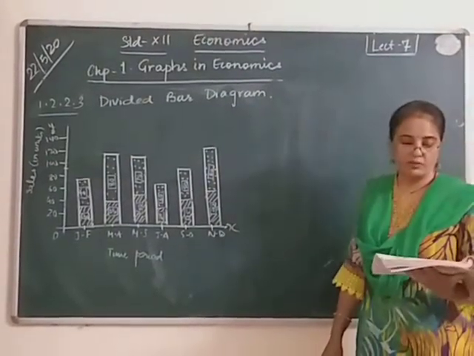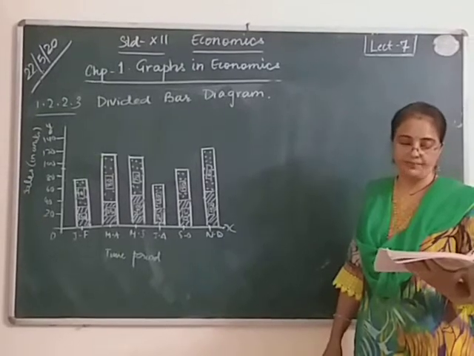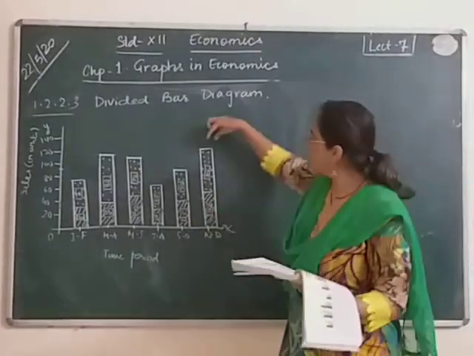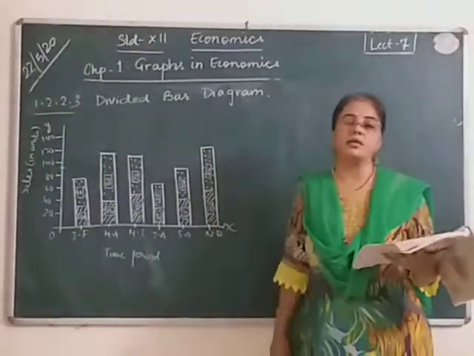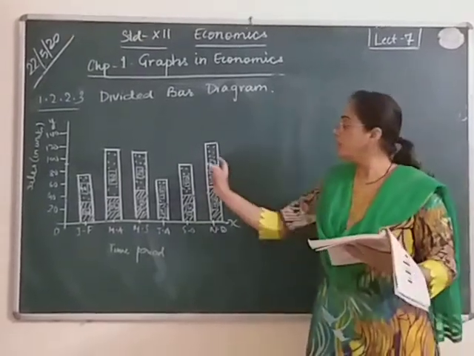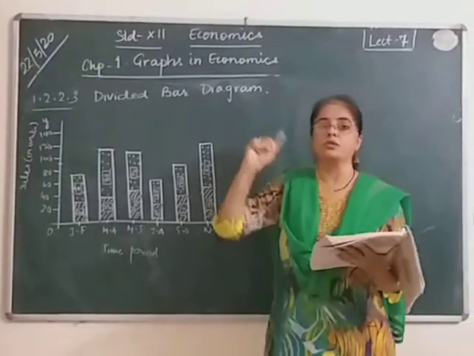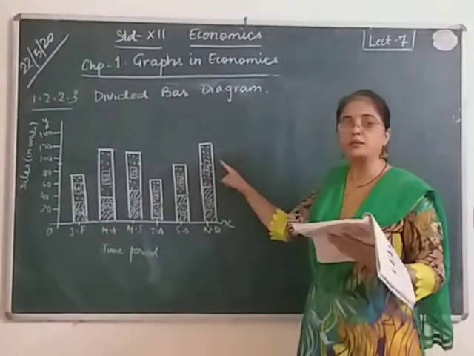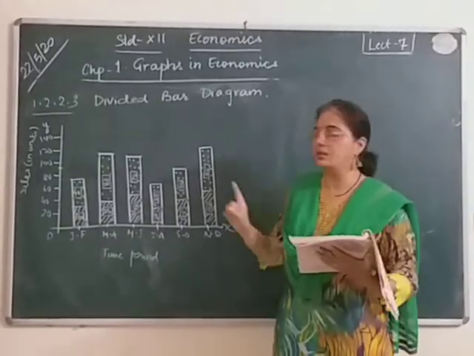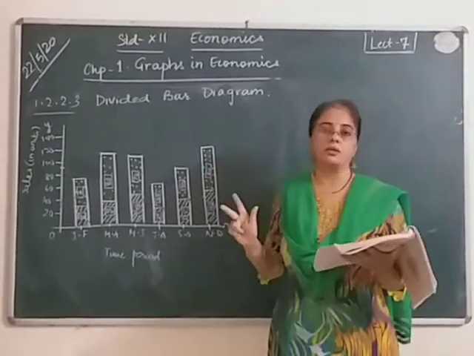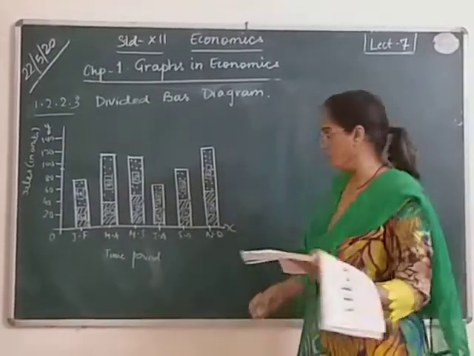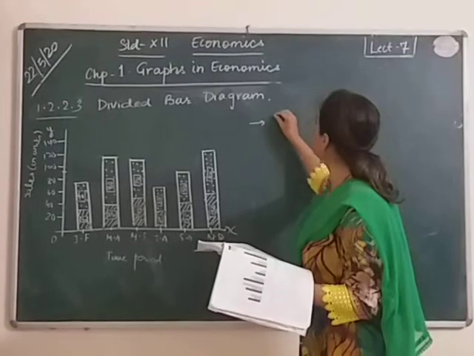First one, the width of the bar does not represent any data and hence all bars should be of equal width. If you see in all the diagrams that we have done, the simple bar diagram, cluster bar diagram and even the divided bar diagram, I had told that the length will show the data. The data is shown by the length; the longer the bar, the bigger the figure. So the figure is denoted by the length, and width does not denote anything. That is why, to have a good visual impact, it should be of equal width. The first requirement is that the width should be equal.